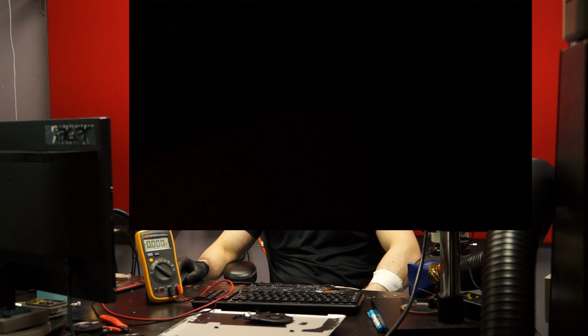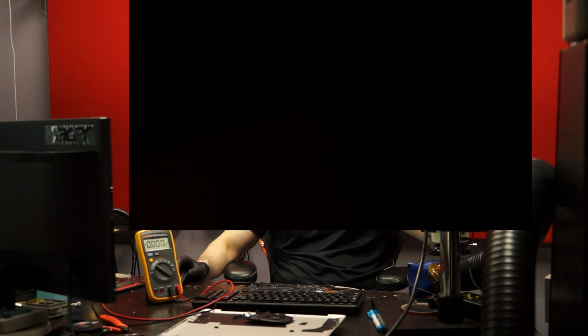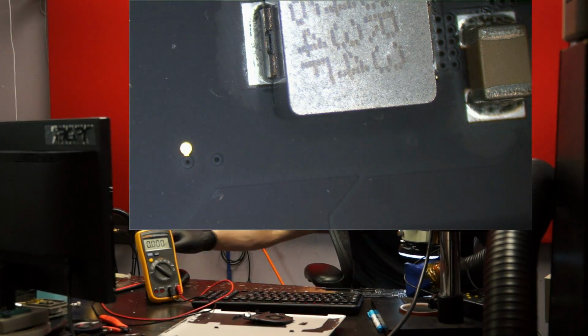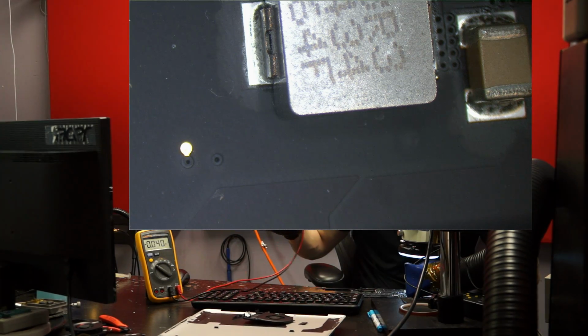Let's also add a scene in Open Broadcaster so that you can see multiple things at the same time. Here we go. So you're going to be able to see my multimeter as well as my microscope camera now. And the multimeter is going to go out of focus as I move my face. I have to get a remote control for that. Anyway,